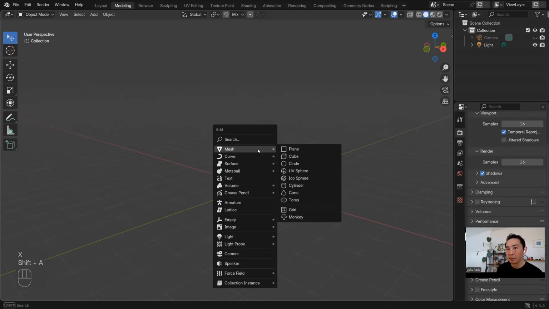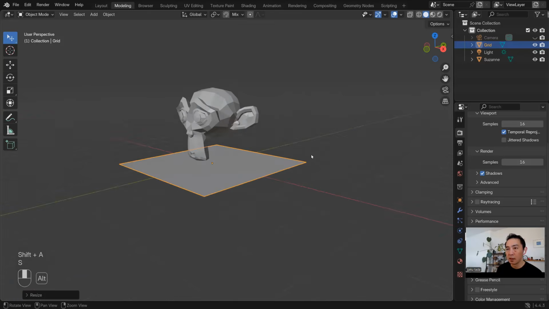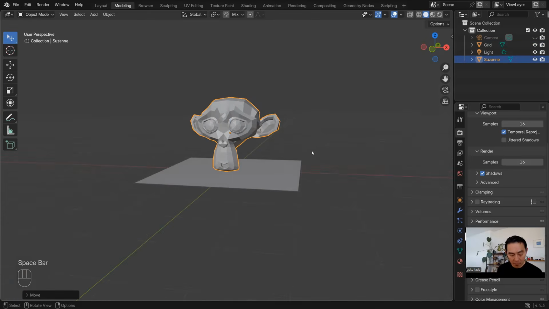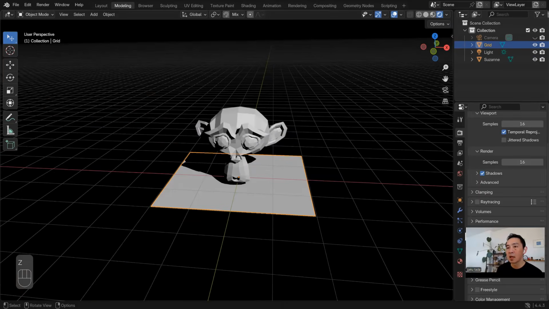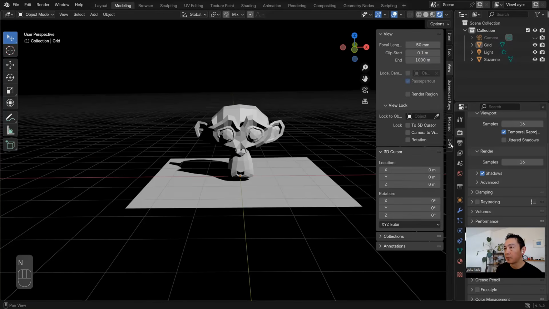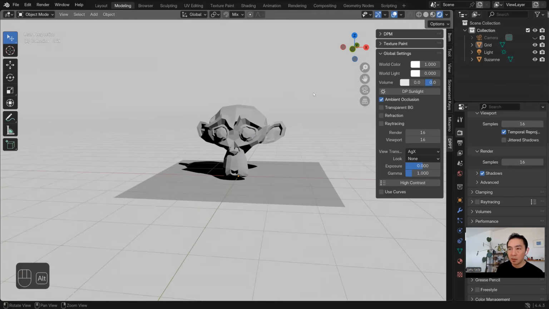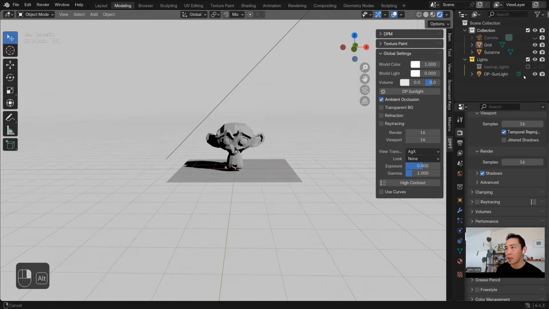And I'm going to create a very basic lighting scene with the Suzanne monkey and grid as a ground. Select this, and then if you render, I have this sun coming from the side to cast the shadow onto the ground. But if you don't have this sunlight, go to DPPT or Deep and go to the global setting and hit Add World, that's going to create the white background. But you should have this button, DP Sunlight, and this one's going to create the sunlight in the scene.